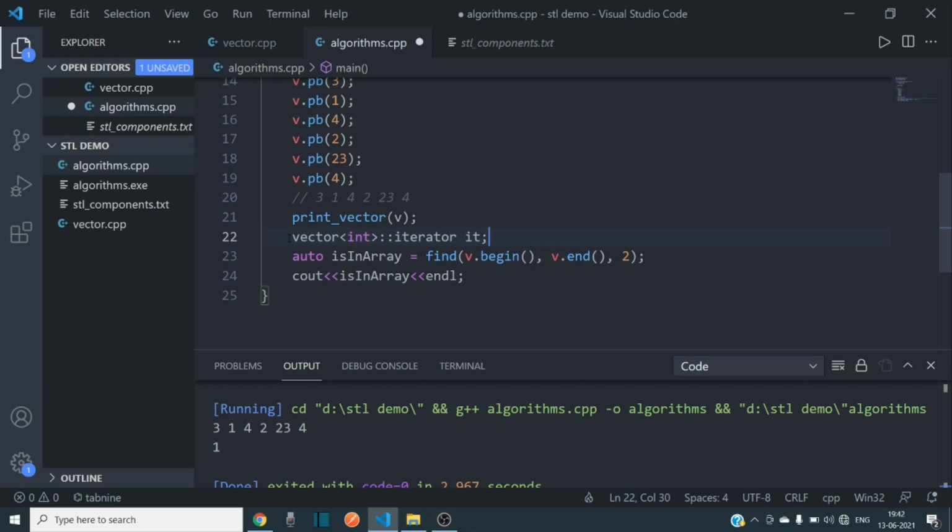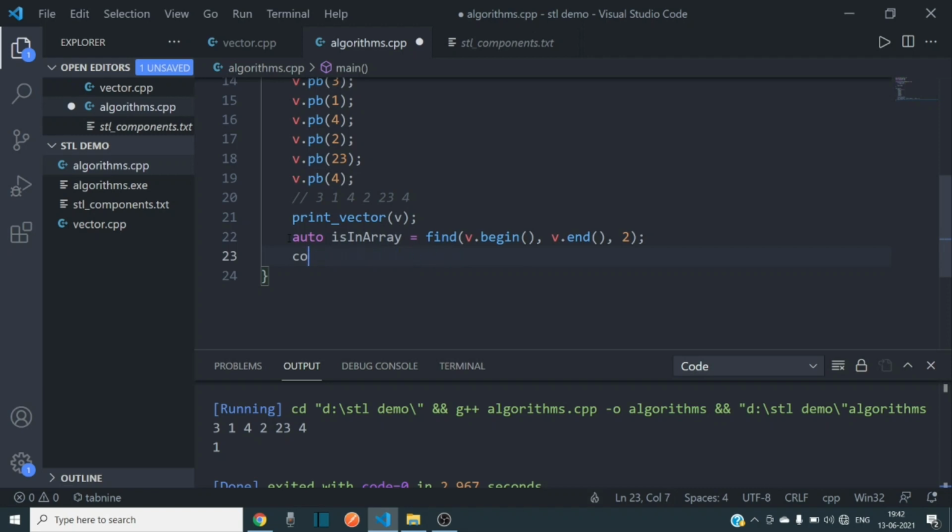Instead of writing this long type, we can just write the auto keyword, and it will detect the data type of that. So we can do the same thing, auto is_in_arr, and it will return an iterator.